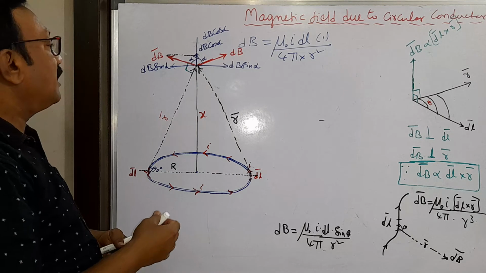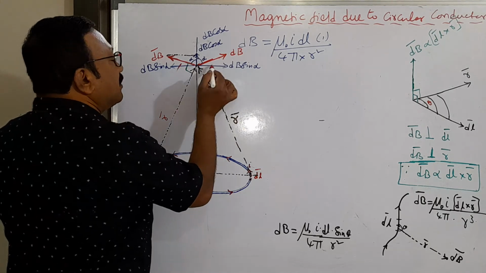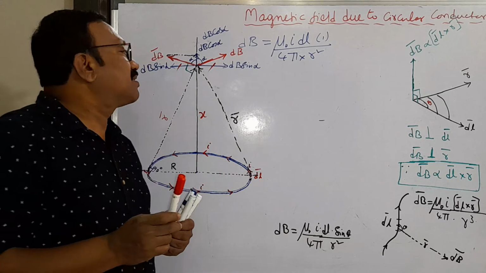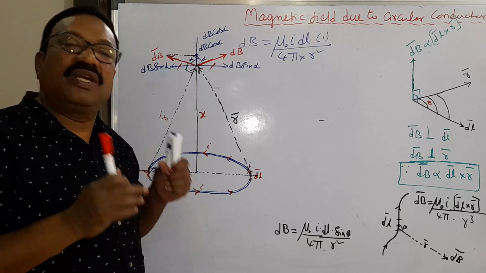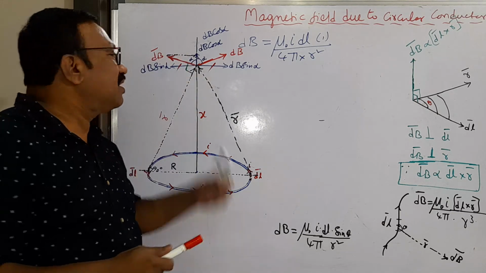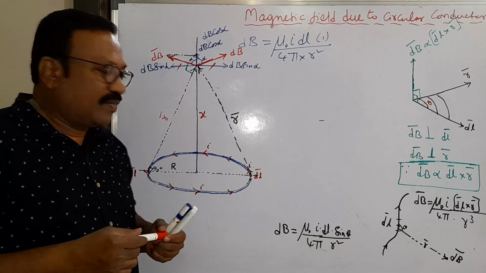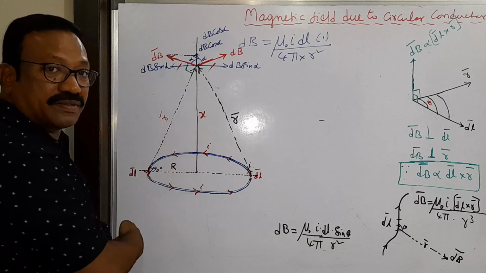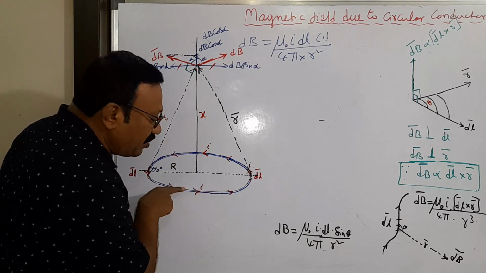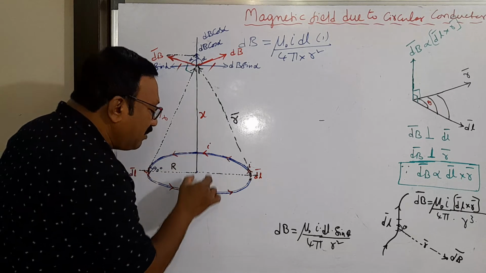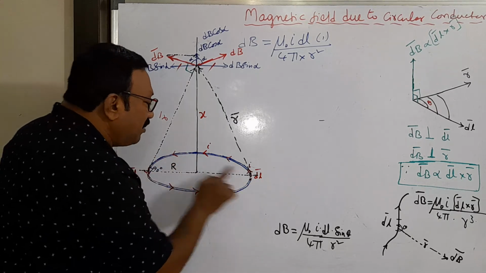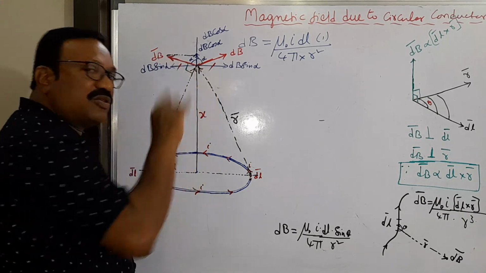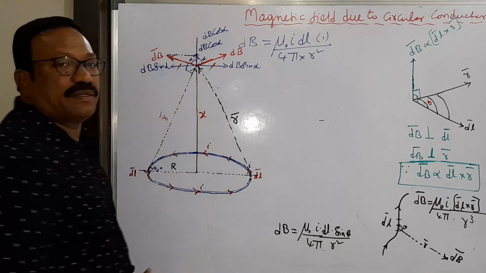You can observe that the dB sin alpha components are equal and opposite, so they get cancelled. So the component of dB sin alpha will not be included in the calculation of magnetic field, because those components are getting cancelled. For example, I will take one element here, where current is going towards left, and another element here, where current is going towards right. So these two will be opposite elements. These opposite elements also produce field there. Their dB sin alphas also will get cancelled, but their dB cos alphas will be added up.